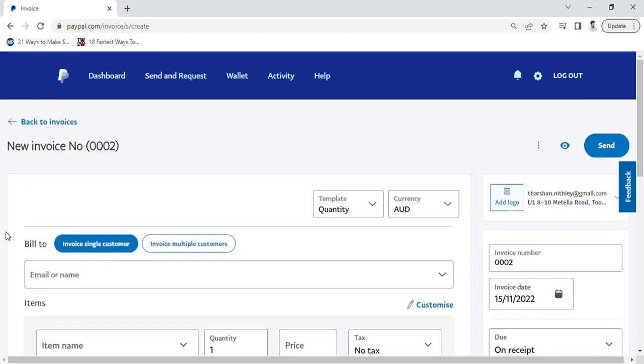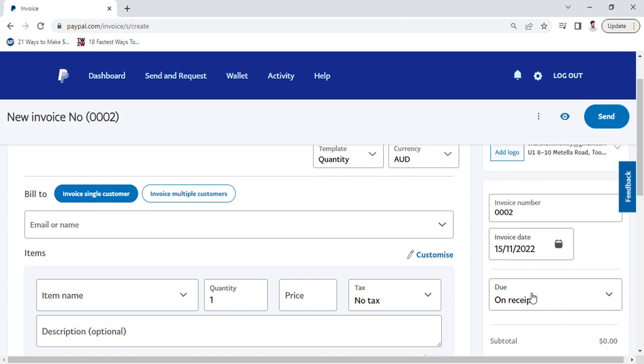Alright, there you go. So here on your right will be your details, and you can add your company logo here if you want. And then this will be the invoice number. It's an auto-generated number. If you don't want, you can add your own number, that's fine. And the invoice date, you can leave it as it is, or you can change it to a specific date. And then the due date as well, you can leave it as it is, or you can change it to